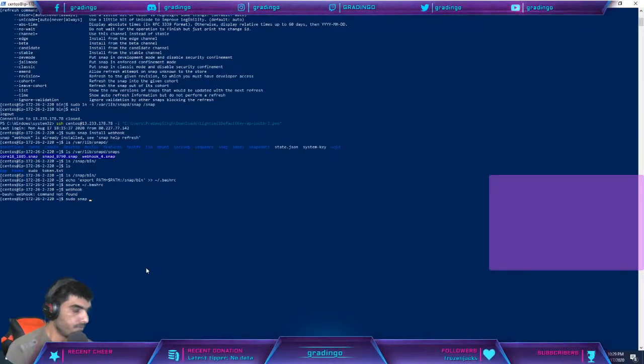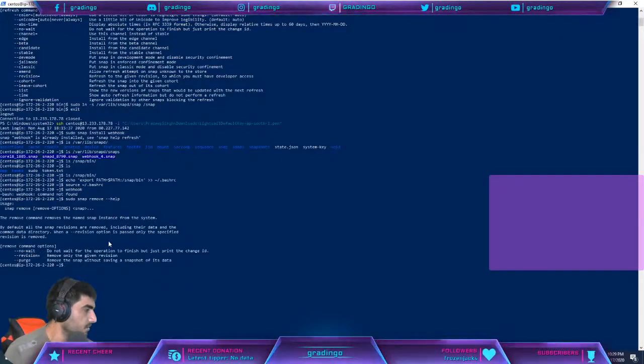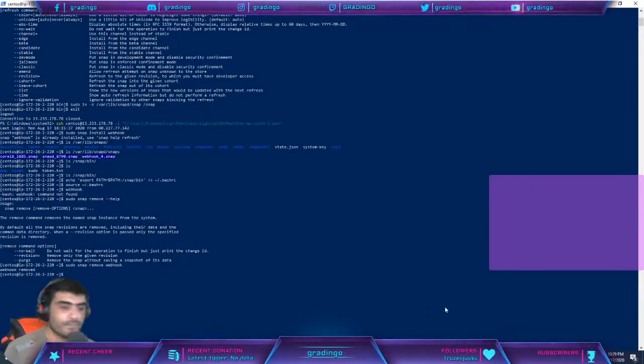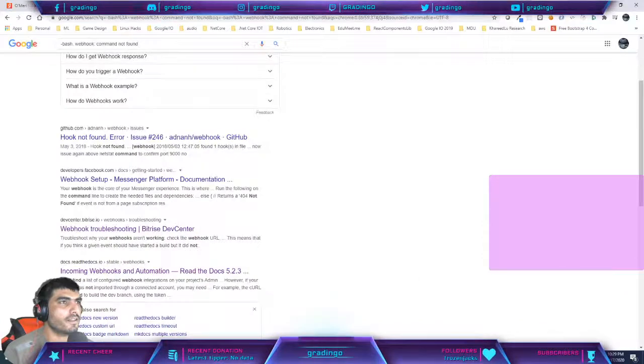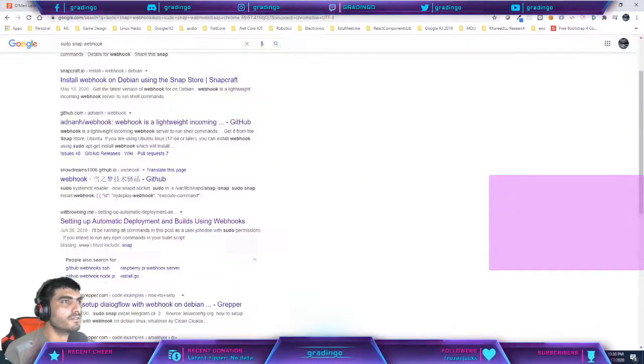sudo snap remove, help. Okay, yeah, remove webhook. I think that's the thing. Yeah, I just removed that software. What I'll do is basically set it up to install using SSH and SCP, right? So we'll just use that one